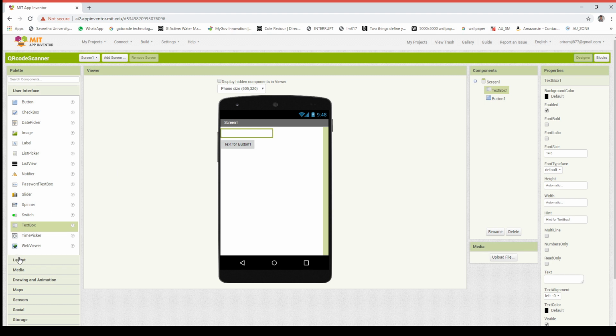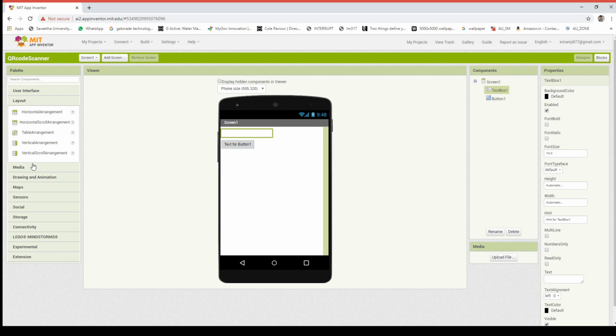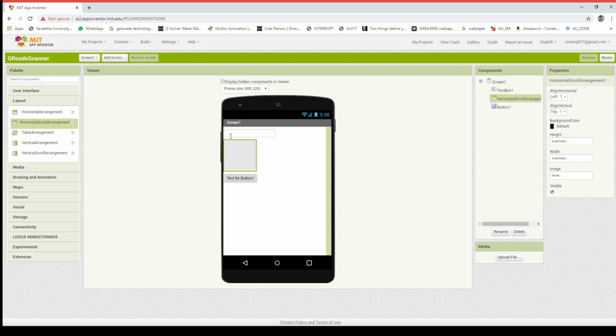With those components, we can also add a layout here, which gives some empty space to look pretty good. And this layout won't display on screen, so don't worry.